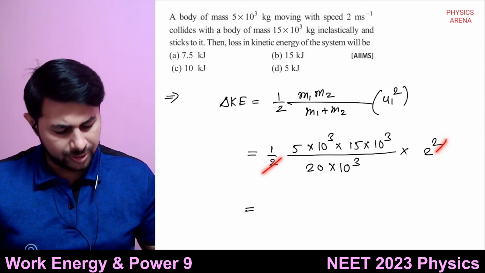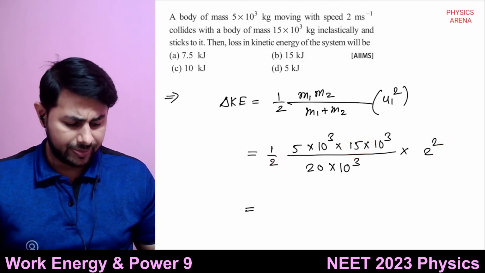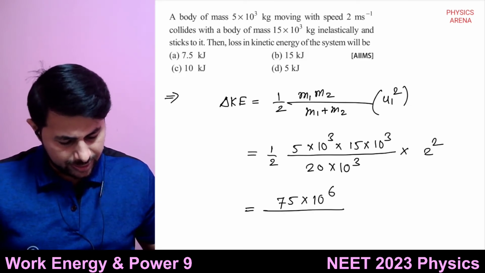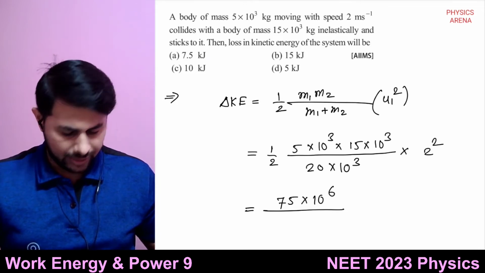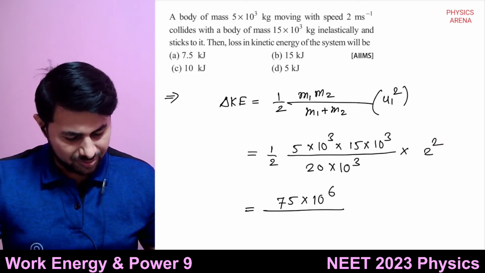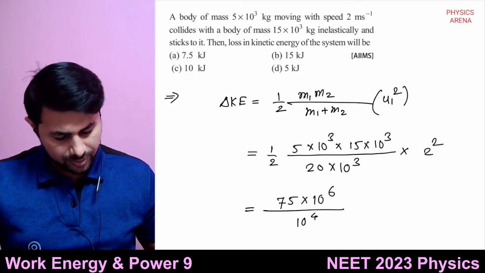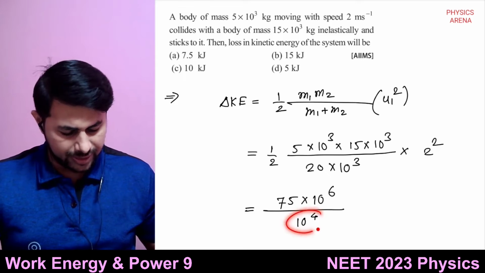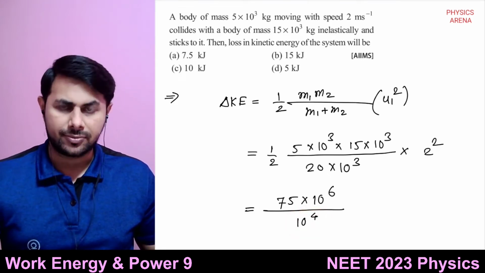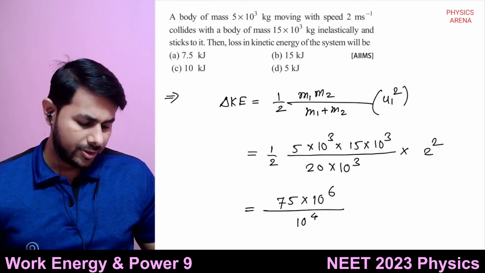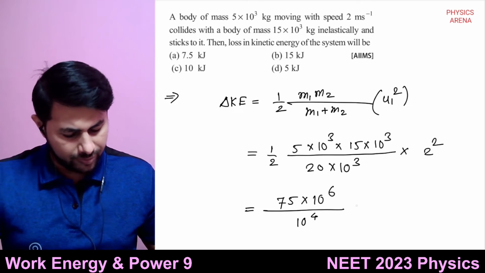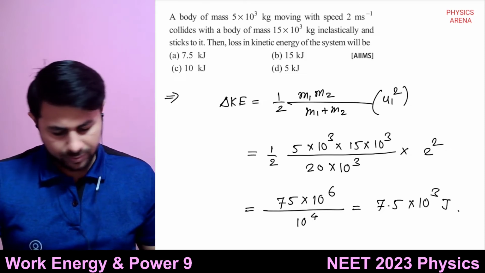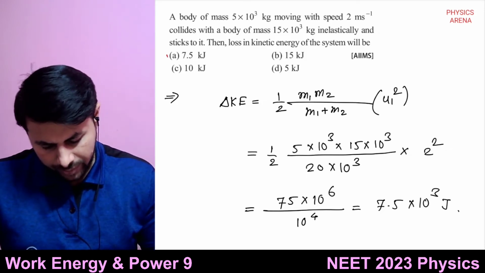okay, so that one of the two gets cancelled out. 15 times 5 is 75, 75 multiplied by 10 raised to 6 divided by this 2 into 10 raised to 4, and that 2 gets cancelled out with another 2 from here, so it is 10 raised to 4, or you can say it is 75 multiplied by 10 raised to 2, right? If you take this 10 raised to 4 into the numerator, it becomes 10 raised to minus 4. So 6 minus 4 is 2, 75 multiplied by 10 raised to 2, or 7.5 multiplied by 10 raised to 3 joules, that is 7.5 kilojoules. Okay, this is the answer, option A,